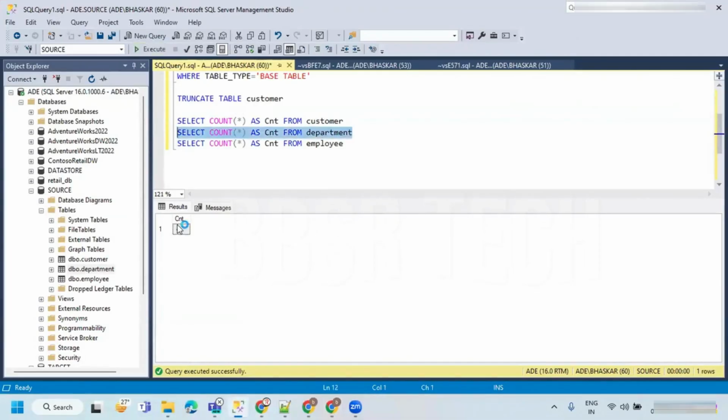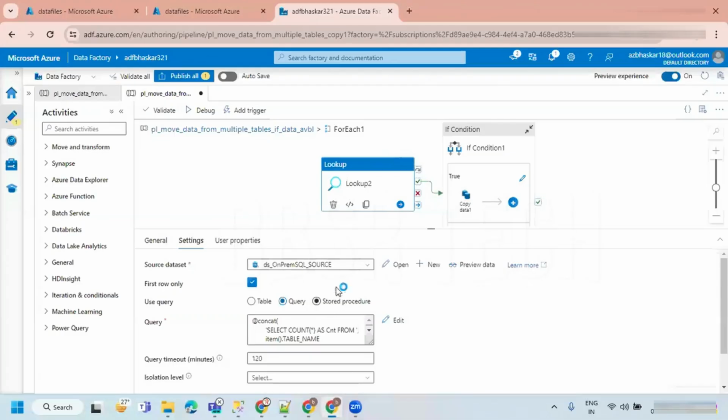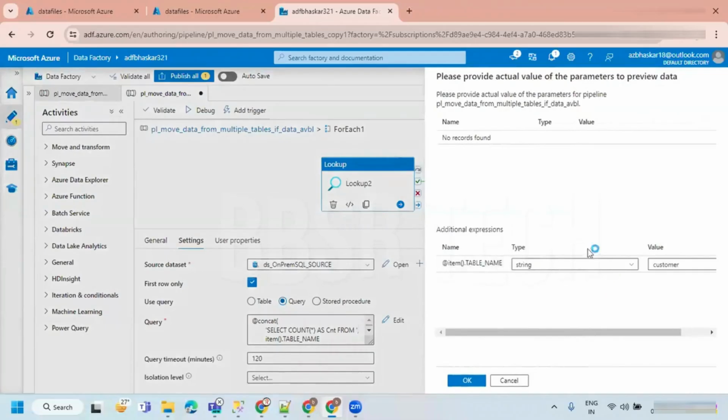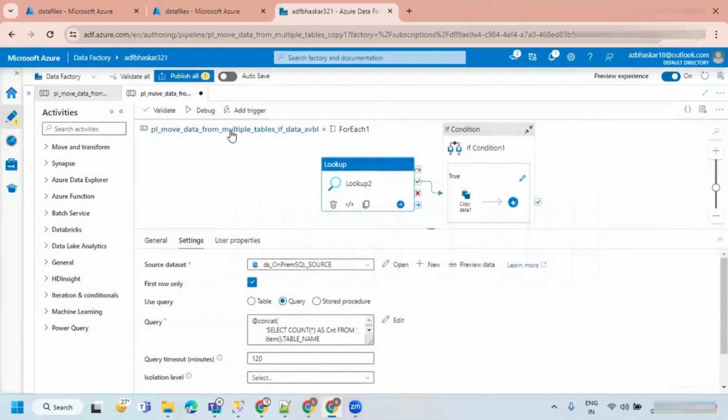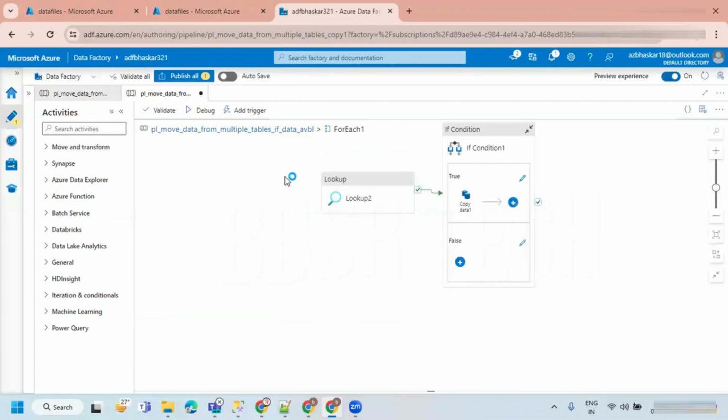Single row only. So for that reason, I'm taking single row. So here in the second lookup, we'll get one record only, for every table one record. But lookup 1 is having multiple rows. Got it, sir. Since we are using an expression, we get only one record. Exactly.